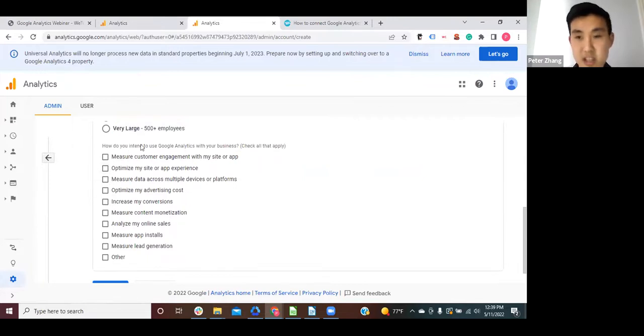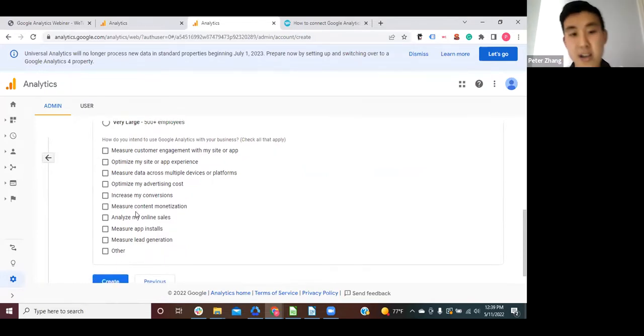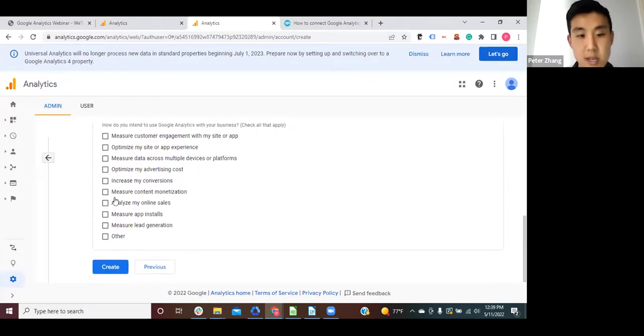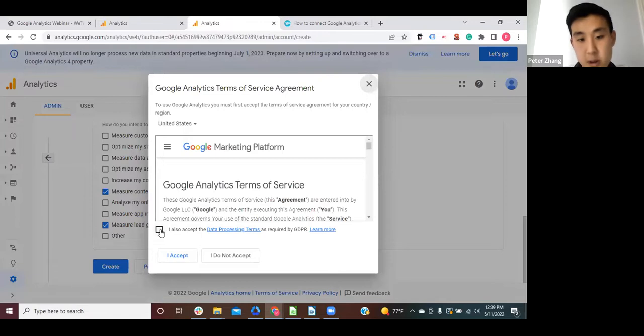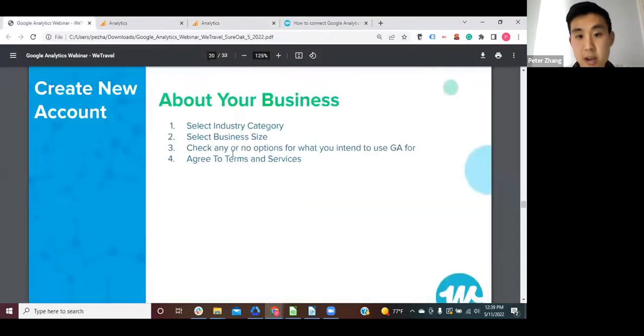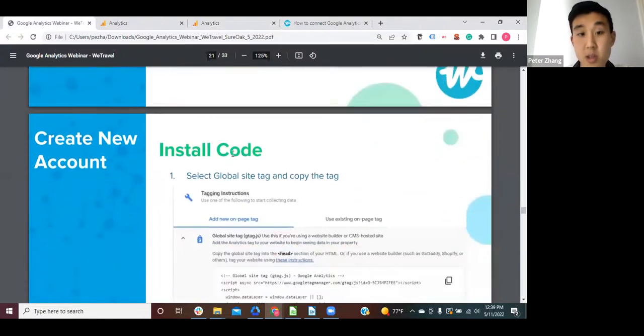It doesn't really change what you're getting out of analytics. It's just they might give you some insights more directed towards these. So you can maybe just check a few and then go into create, and you have to accept the terms and agreements. And once you're there, you will be able to install your code.